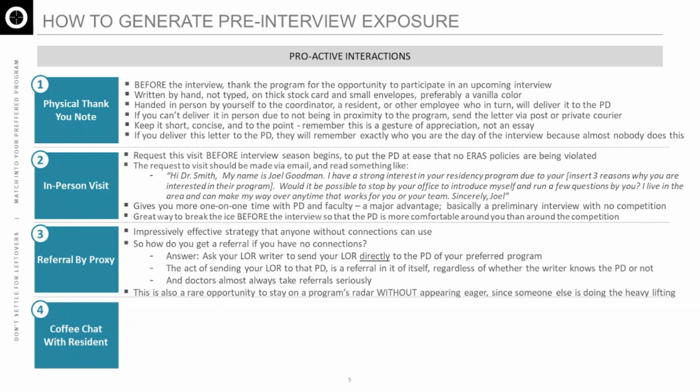And the fourth type of proactive interaction is to arrange a coffee chat with a resident. Now, this may seem a bit more intimidating since it requires reaching out to a complete stranger who may also be a future peer or senior. But if you manage to convince a resident to meet with you, this interaction is a highly underestimated strategy for